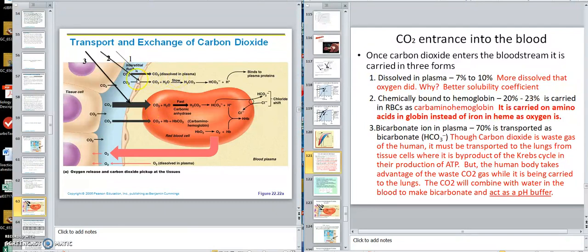Some in the dissolved, some did it here, but no enzyme. A lot made bicarbonate here, you see. And then some CO2 binds to globin, as I showed you before in the amine group. Okay? So we have everything loaded now, and I'm going to close this one, and then we're going